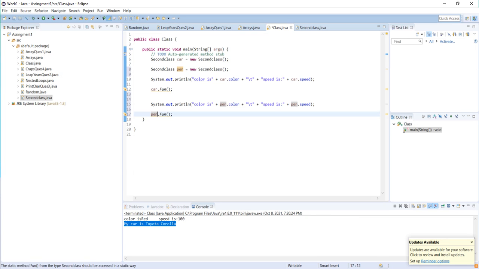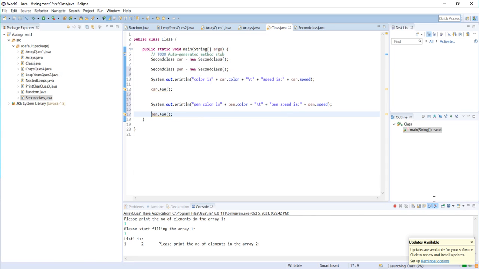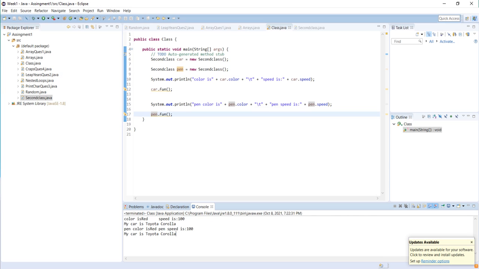I'll try to differentiate: pen color is, pen speed is, my pen runs pretty fast, and pen function. Now I'm gonna run it. You can see pen color is red, pen speed is 100, and my car is Toyota Corolla, because my pen is calling that same fun.